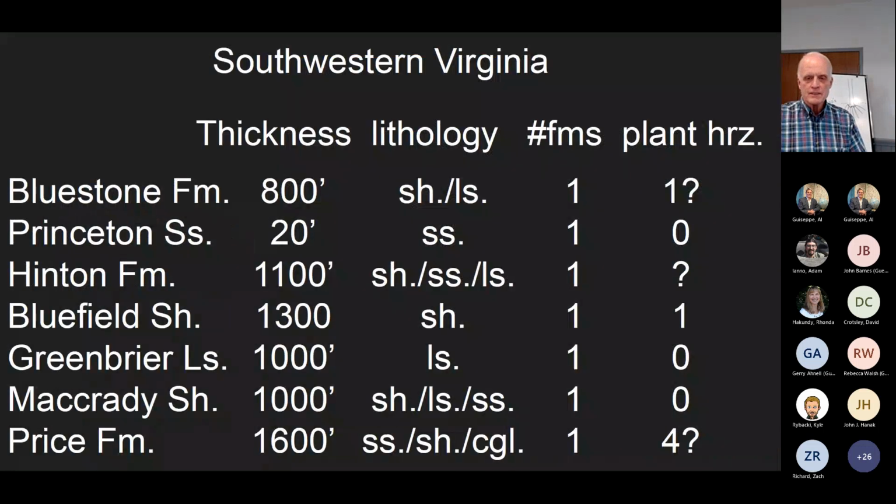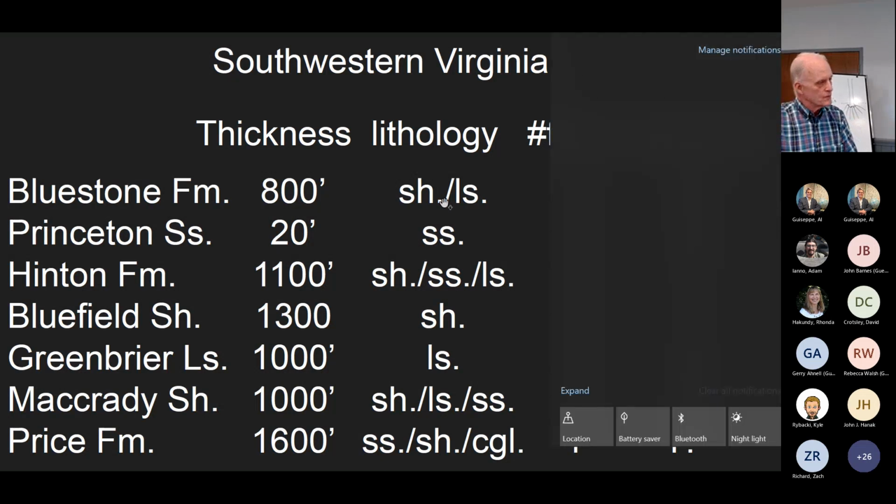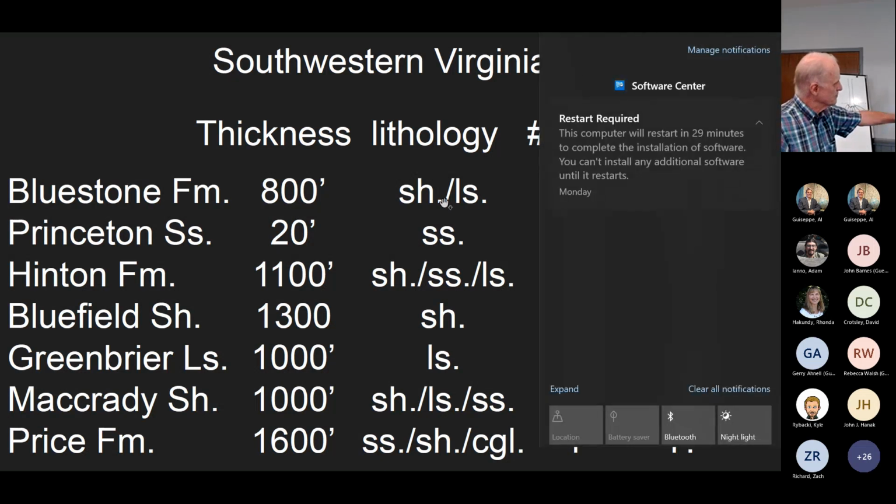And so now southwestern Virginia is a little more orogenic. So we're talking about 3 times, 5 times the thickness. And the Price formation at the bottom of the sequence is the one that has yielded the most material, but